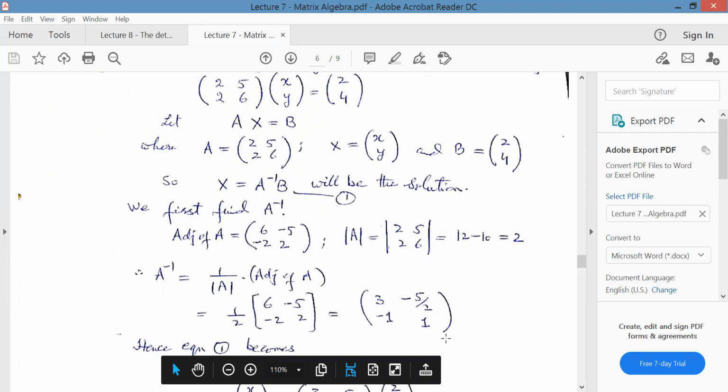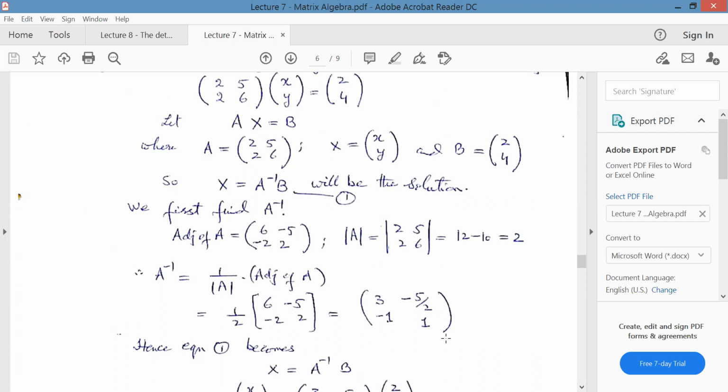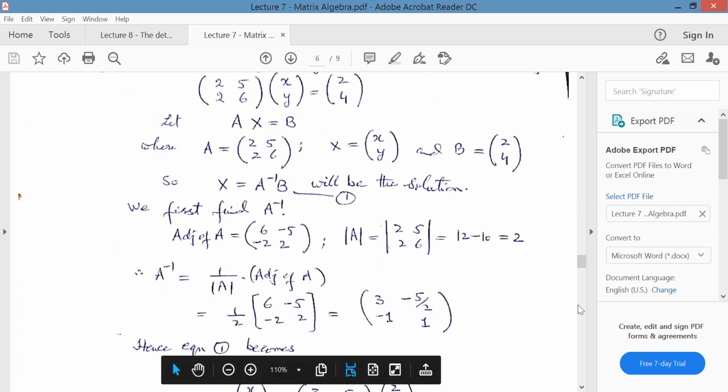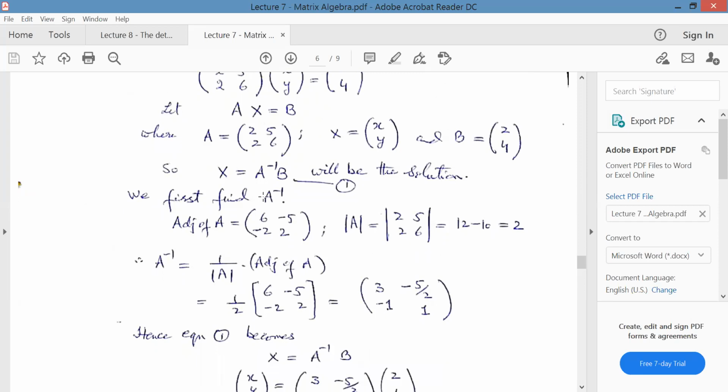Gentlemen, this is the A inverse, but this is not the answer. हमारा अभी यहाँ पे टारगेट क्या है, x की वैल्यूज को निकालना. So substitute this value of A inverse in equation number 1. So equation 1 will become,